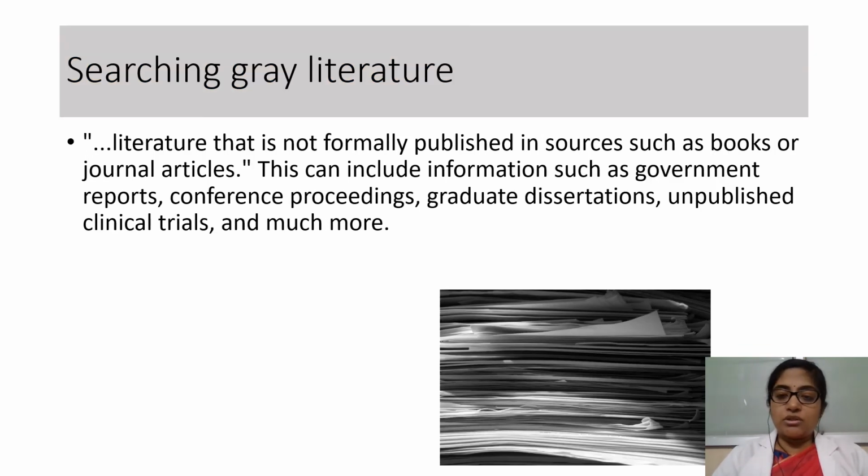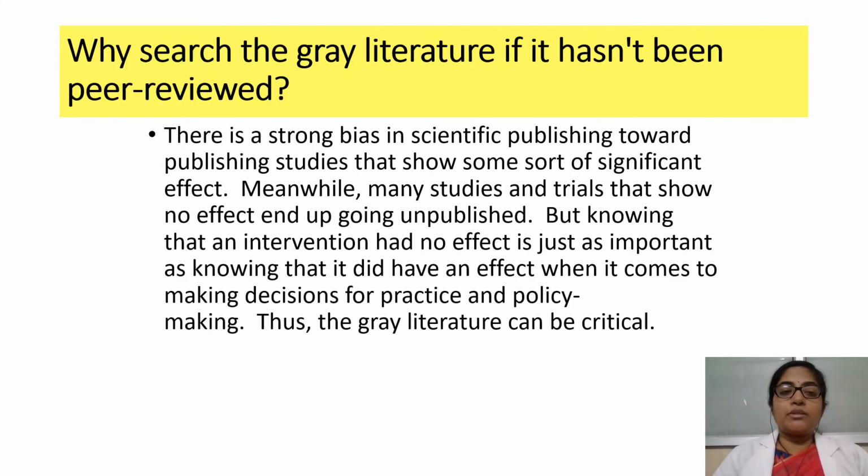Now this was about searching for the literature, but there is something called grey literature, which is not published, not published in the sense of not formally published in sources such as books or journal articles. This can include information such as government reports, conference proceedings, graduate dissertations, unpublished clinical trials, and much more. So when we are talking about systematic review, we should also search grey literature